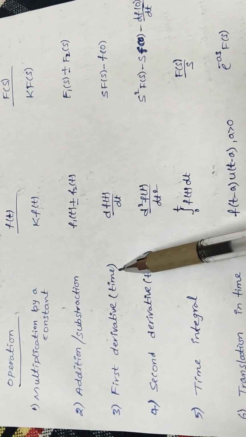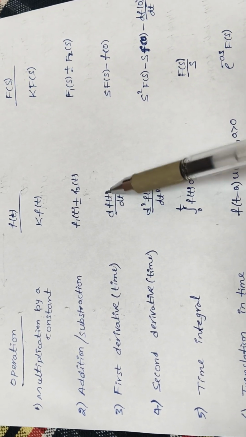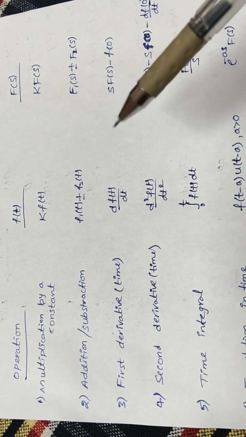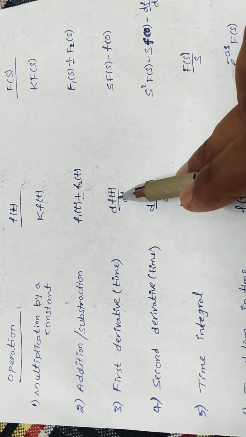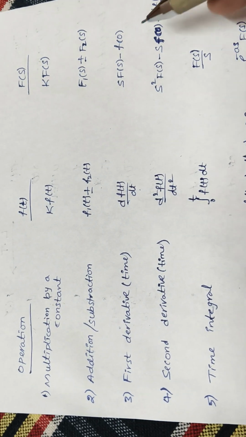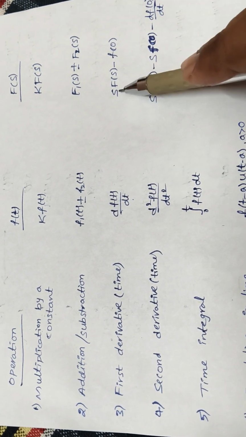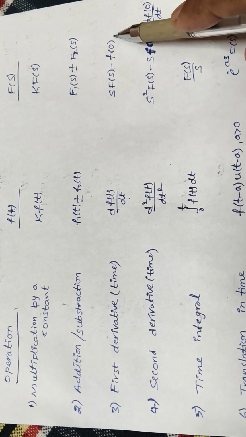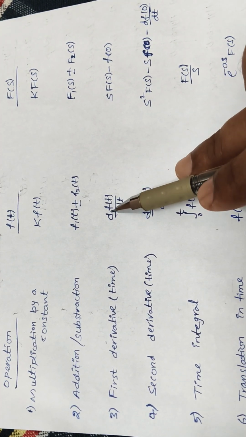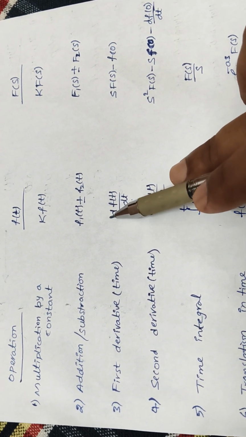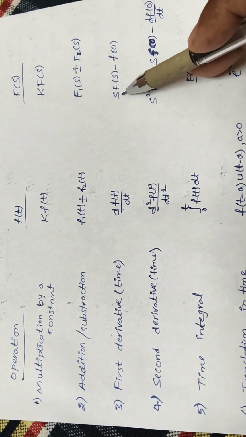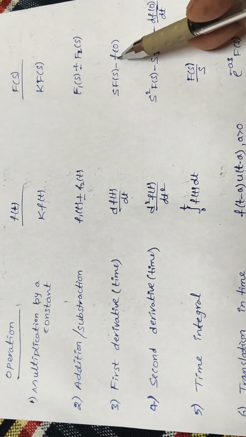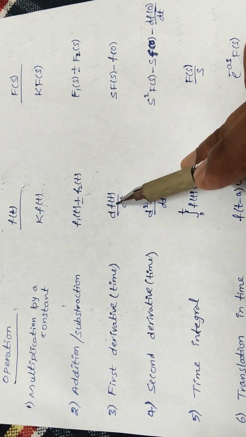First derivative in the time domain: differentiation of f of t, df of t by dt. If you are differentiating in the time domain, in the s domain it will become s into F of s minus f of 0. The Laplace transform of df of t by dt will become s into F of s minus f of 0. So this will be used during that